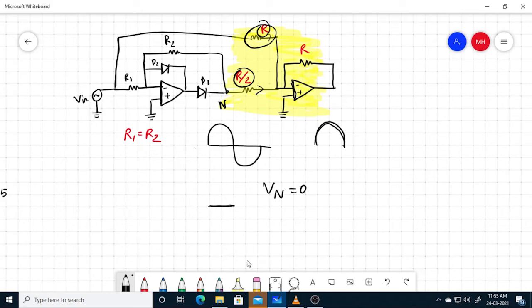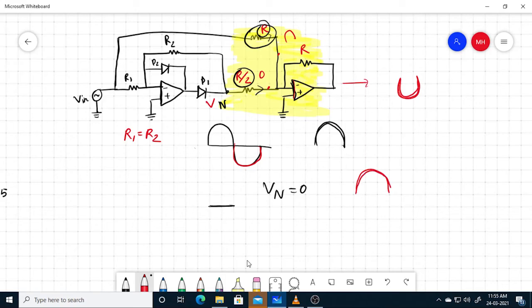Okay, so at this point we have 0 volt, and at this point we have the positive input. So the summing amplifier sums up the result and gives us the negative output. The reason for R by 2 is not clear here because we are not considering the negative input. We'll consider the negative input and then we'll see what is the use of R by 2 here. Now when the input is negative, then our half wave rectifier is on. That means at Vn we'll get a positive output.